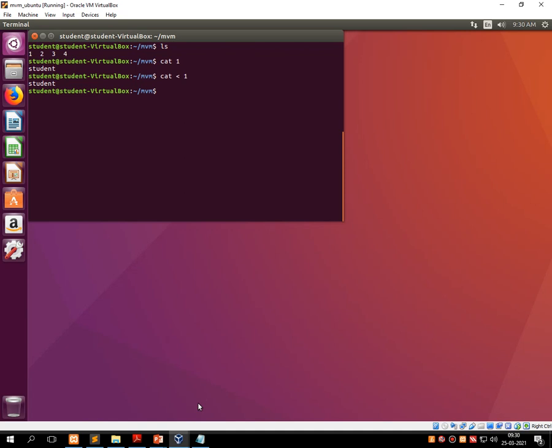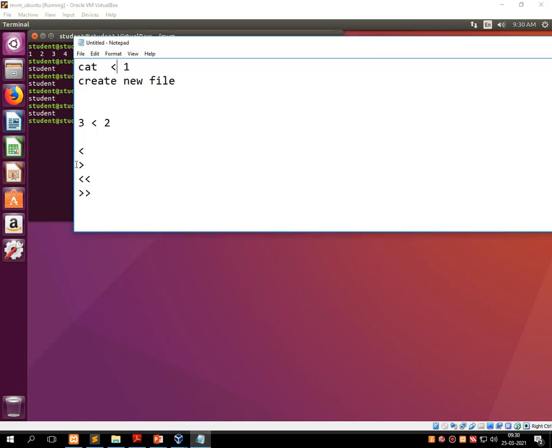So cat can be used in two different ways. Simply, if you type cat and the file name, it shows the content of file number 1 onto the screen. And if I write cat less than 1, it also shows the content of file number 1 onto the screen. So this is the purpose of using less than.